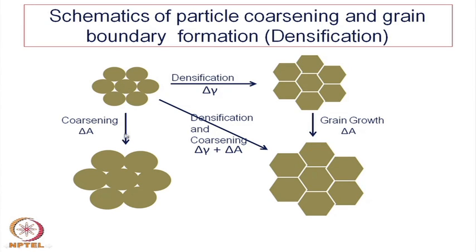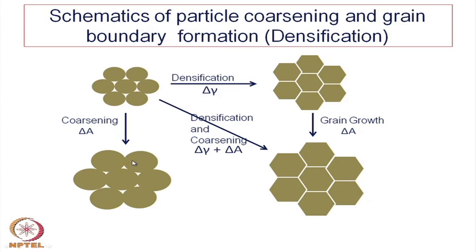So, the particles are there and each of these particles grow. Of course, although it has been shown that all the 7 particles here have grown, in reality that does not happen. Some of the particles grow at the expense of the others, because the overall mass remains constant. We are not adding any mass to the system. So, obviously, for mass balance, some of the particles will grow at the expense of the others, some others will dissolve. That is not shown here unfortunately, but basically what we are showing here is that particle size grows, but